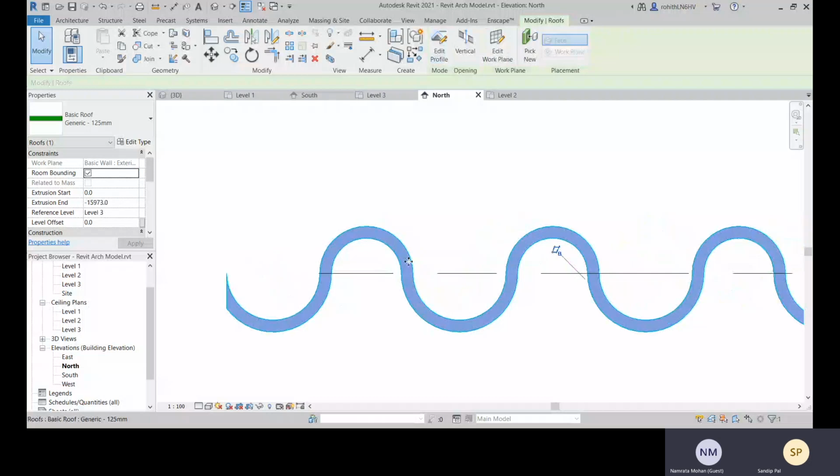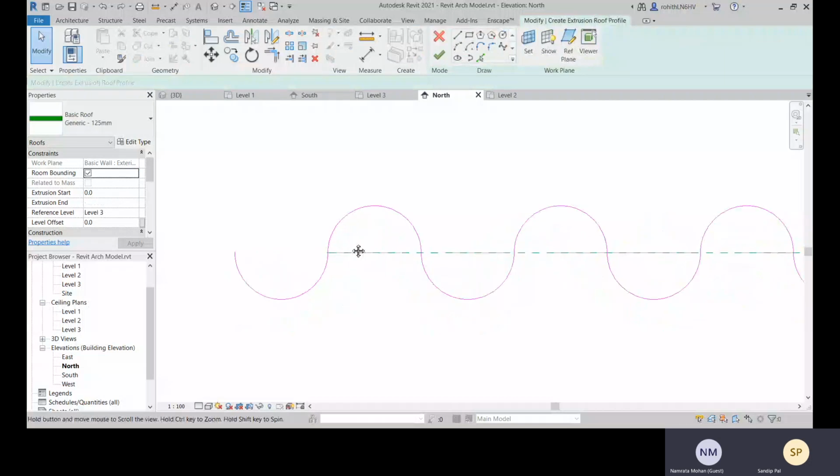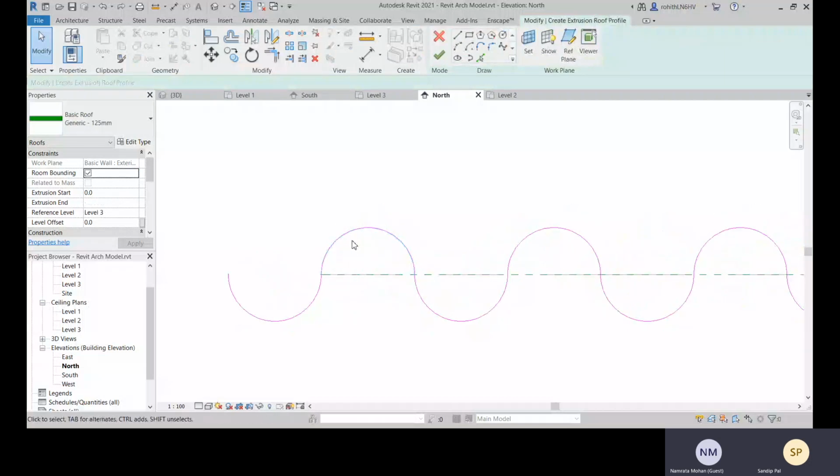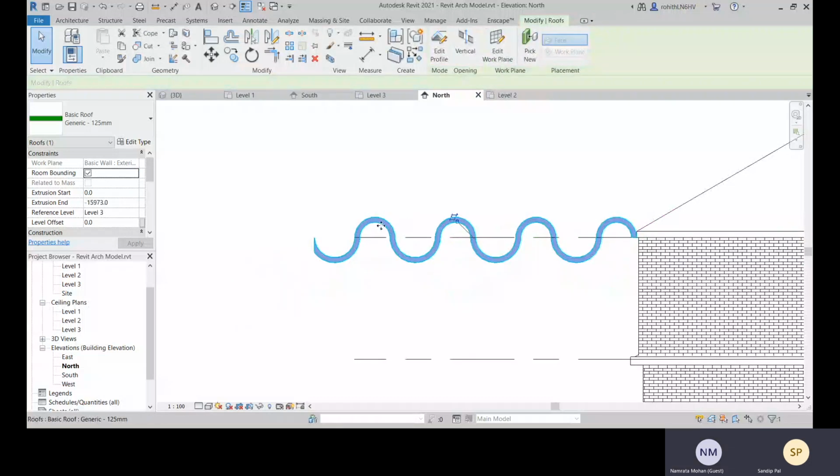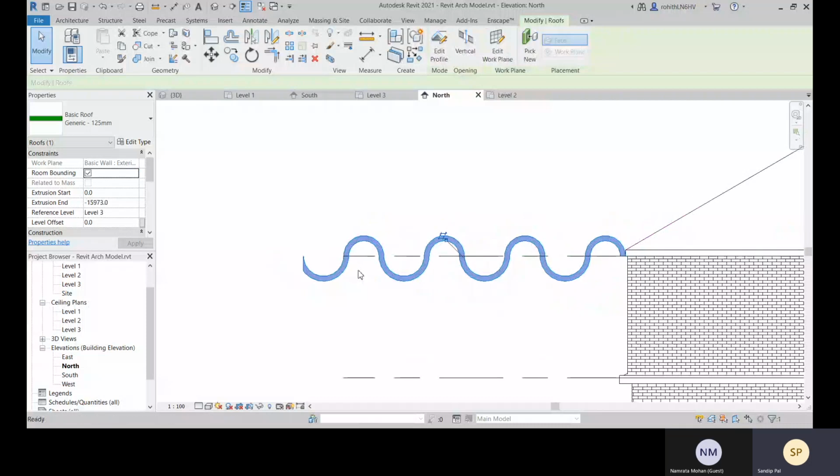Okay, so how did you get this? You put the number? Which one? No, how did you get the thickness? Yeah, you just finish your editing mode. You have simply drawn the profile, and then you just simply finish it. Okay, so you see, from the top you're getting the thickness.